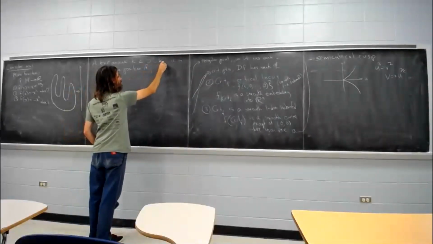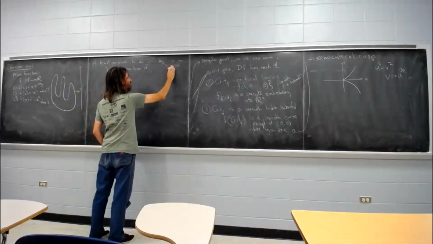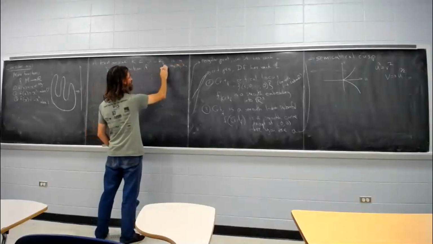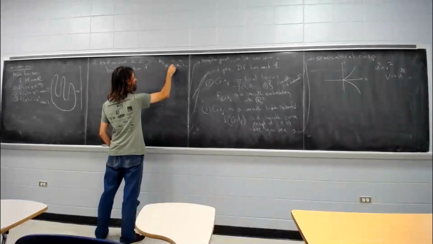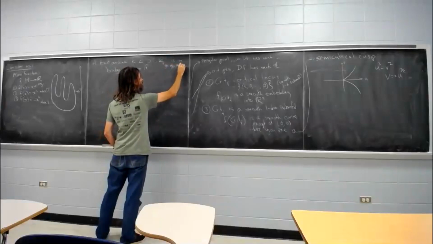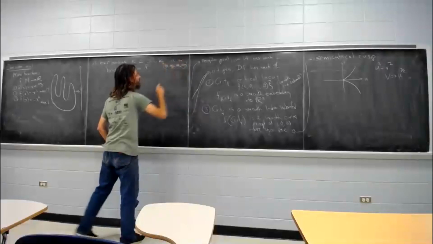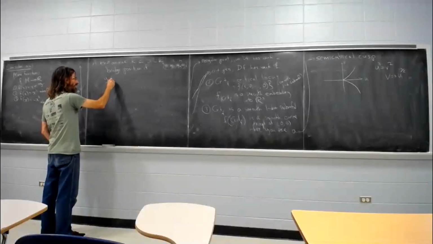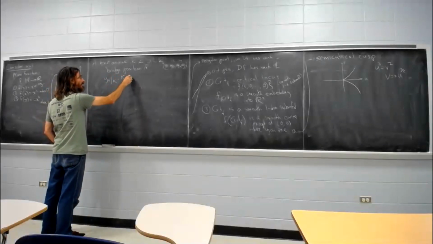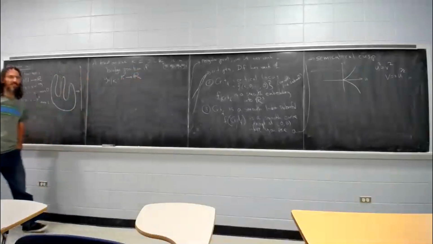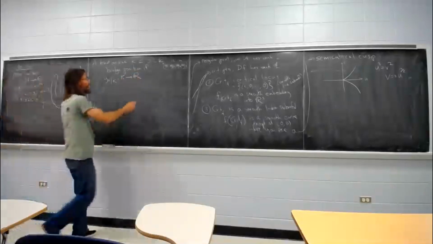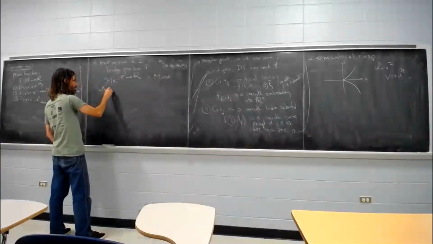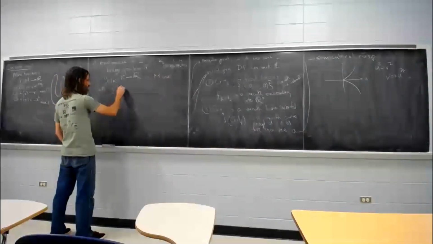So R4 has coordinates, let's say y1, y2, y3, y4, not x's because those are my local coordinates. If I take the function y4 restricted to K, mapping from K to R, then that is Morse, first of all, with